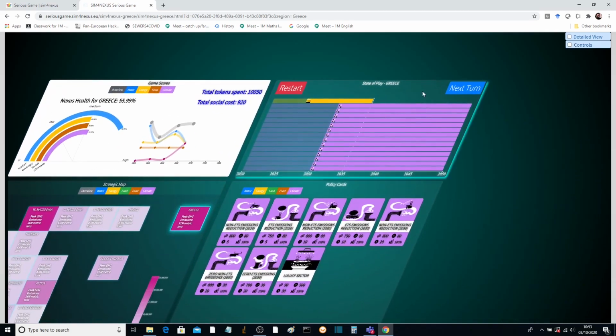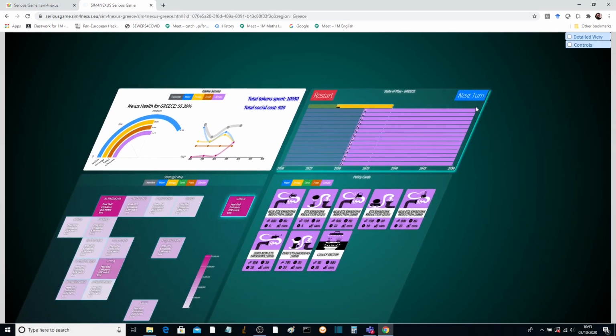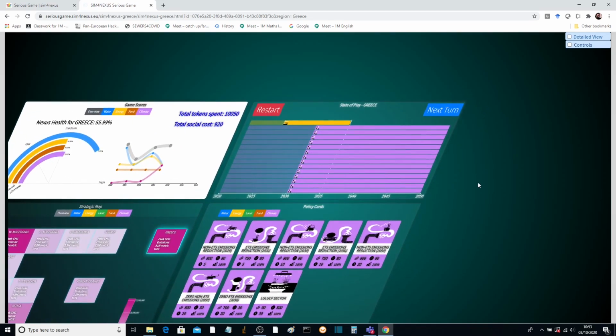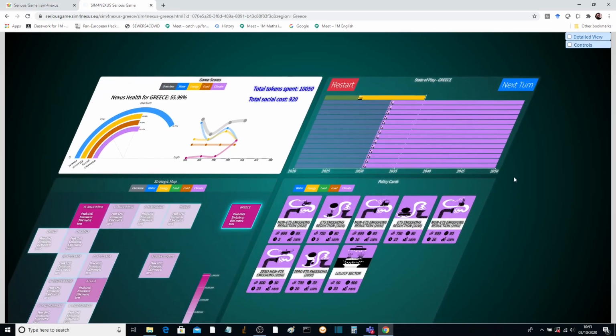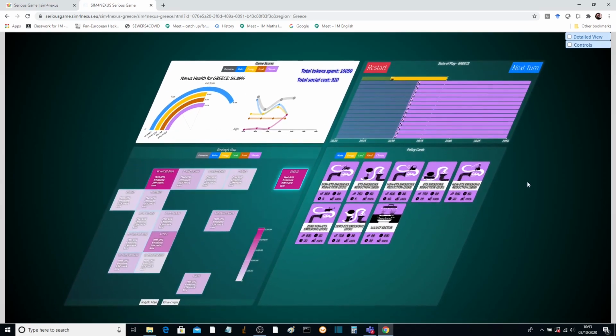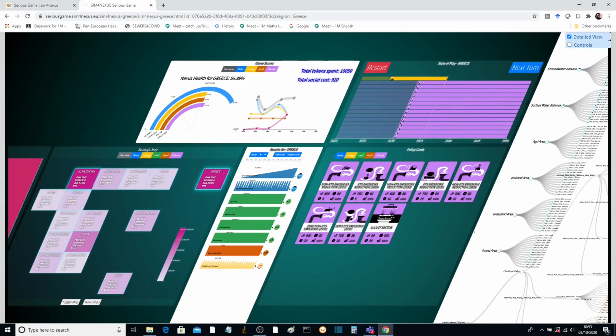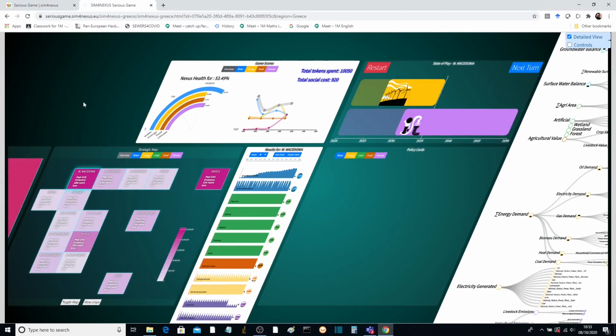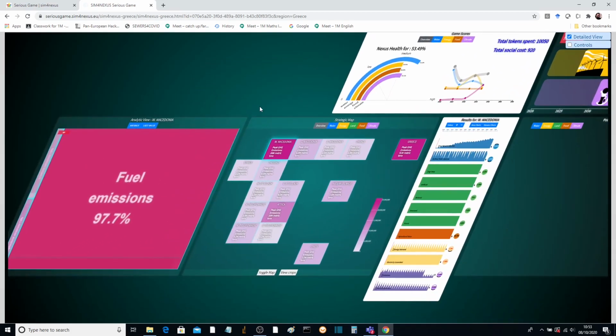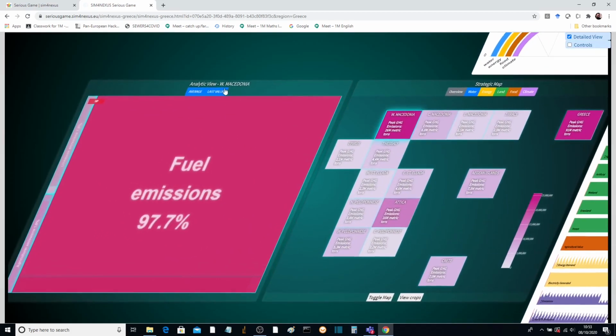This is our overview. So you've played the game so far a few rounds. You've got to go to 2050 to finish. But this is not all the interfaces that are here. If you click the detailed view, then you will see a lot more happening. So I'm going to select a region, and you will notice that this little view here, called analytic view, provides you some sort of graph for if you're in the climate part of the strategic map when you select a region,